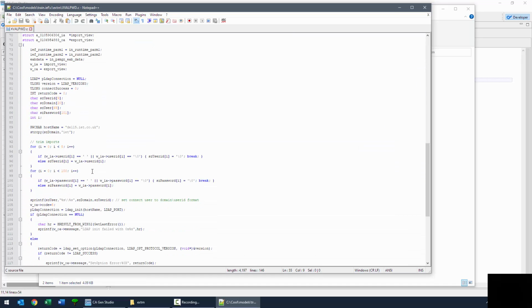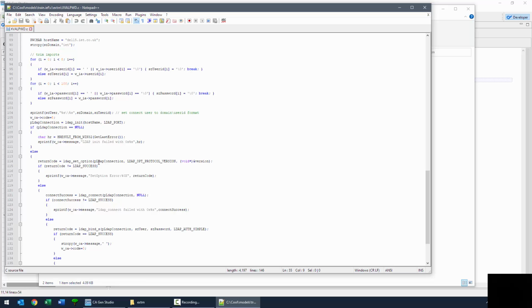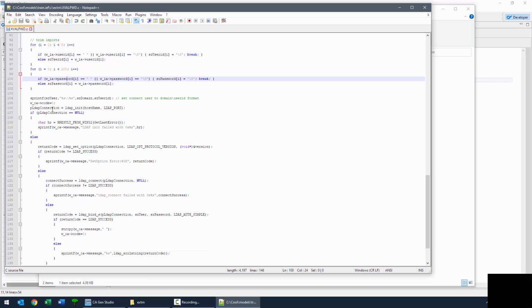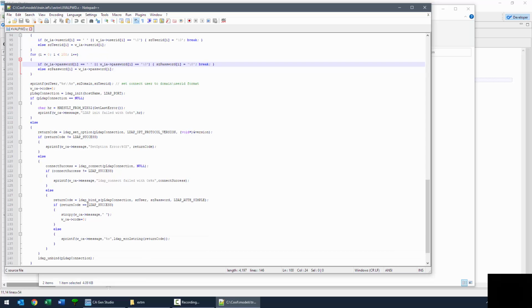I don't really want to go through all of the code and what it does, but essentially the import views need to be trimmed because standard non-varying attributes CAGen pads with spaces. So I'm going to trim the user ID and trim the password, and then set up connections to LDAP, and then finally down here check the